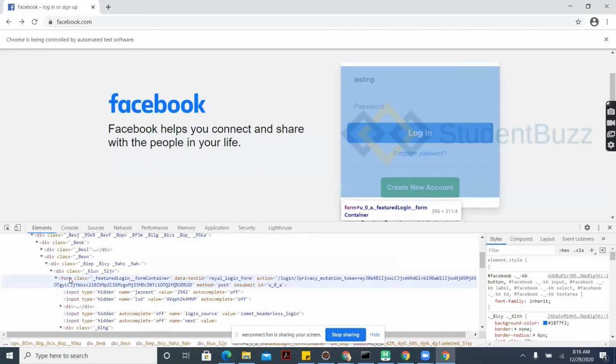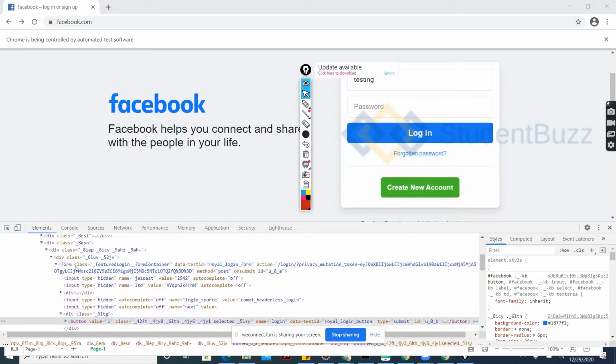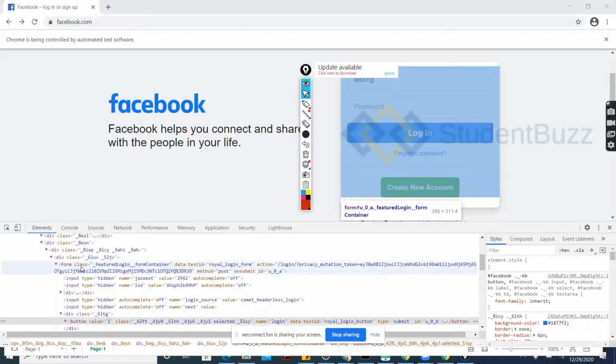Under this form, you have your username and password. You can see once you select this or take your mouse to this form, this area is getting highlighted. If you observe here, it is getting highlighted now. So inside this form, whatever elements you have, username and password, login button, and all.